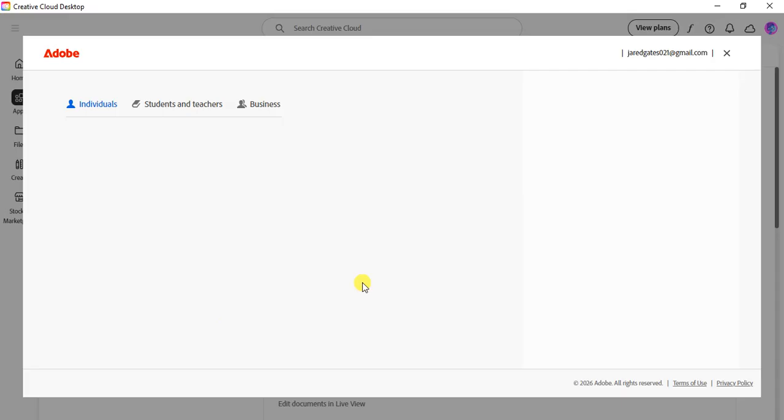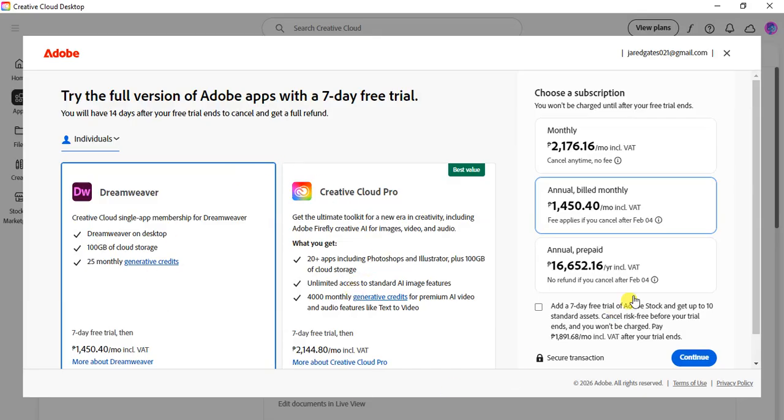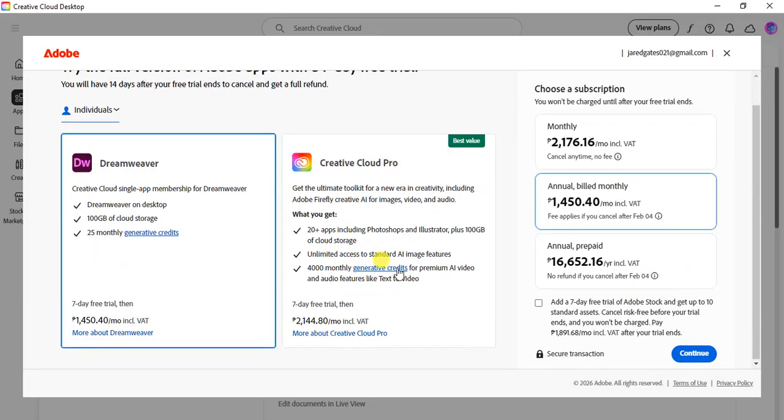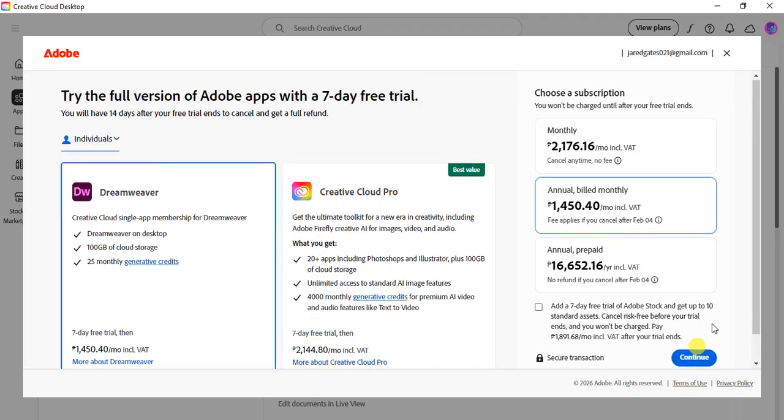If you're using the trial, Creative Cloud will show how many days you have left so you can decide whether to continue with a plan. For the smoothest experience, close other heavy apps during installation, and if you run into any hiccups, a quick restart